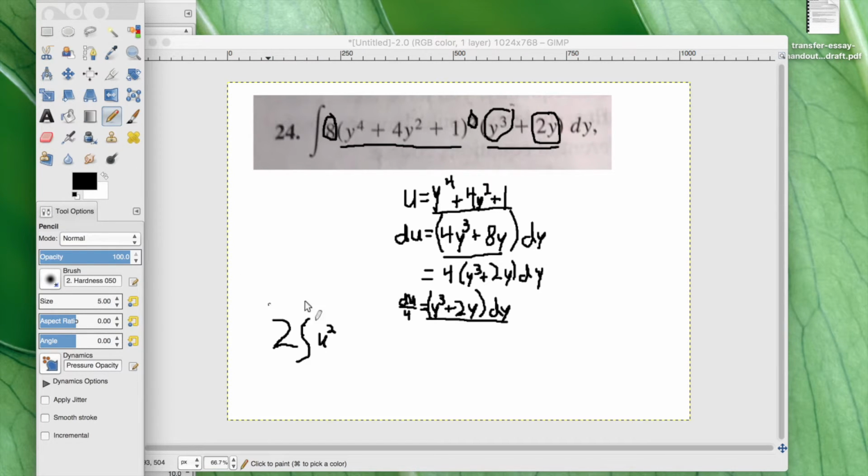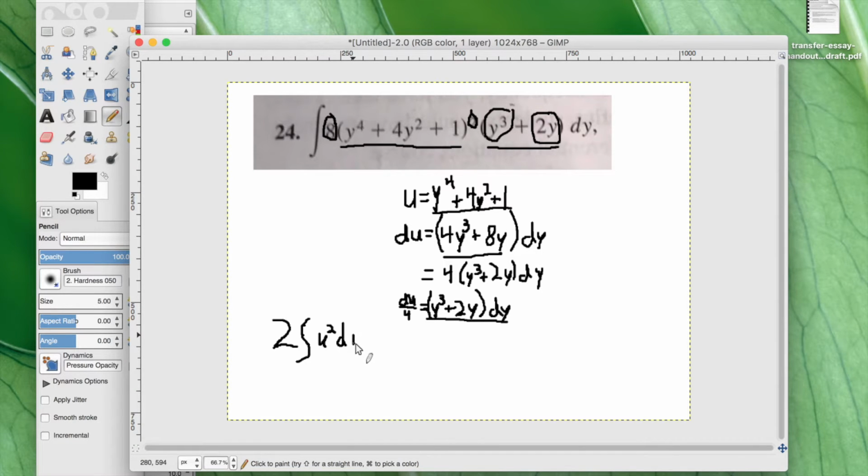So we get u squared times du, because du is y cubed plus 2y. This integral should be pretty simple to most calculus students. So now all we're going to get is 2 times u cubed over 3